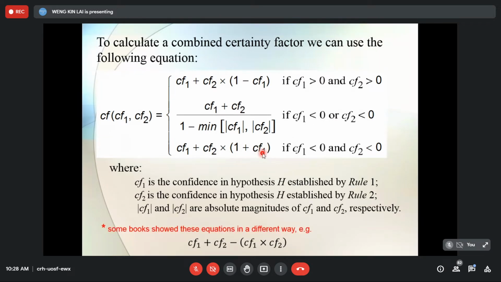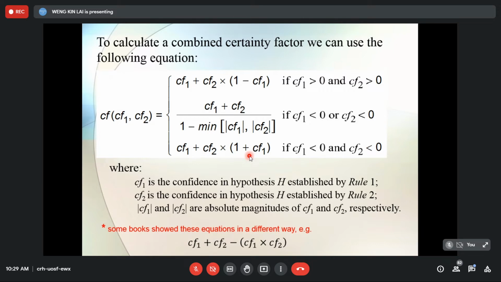So what is this CF1 and CF2? Now, CF1 is the confidence or your certainty factor of your hypothesis H established by rule 1. So your CF1 is based on your final hypothesis based on rule 1. Now, CF2 is the same thing, but now this was established by rule 2. And then here, of course, if either of them is negative, that means your CF1 or your CF2 is negative, either one of them, you take the absolute magnitude,